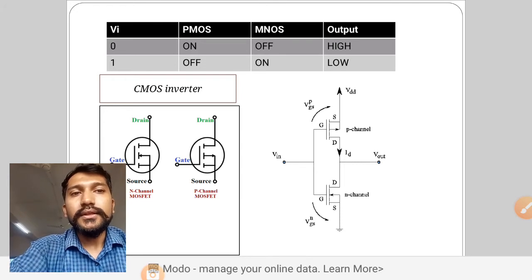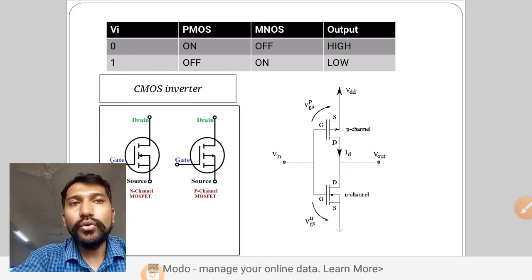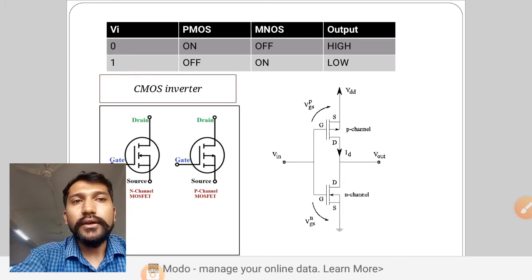In the circuit diagram, it consists of two MOSFET devices joined together. The first is the P channel MOSFET and the second is the N channel MOSFET. Now these both are joined together and a common terminal is taken, that is the drain terminal. So drain is the common terminal for both the P channel and N channel. The gate and source terminals are connected together and the drain terminal is taken as the common terminal.